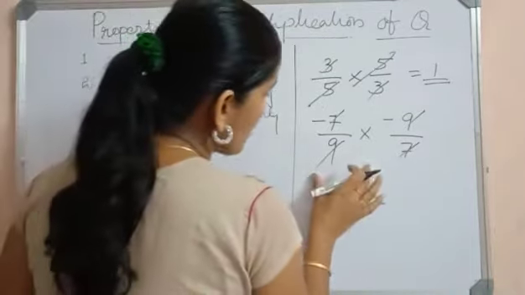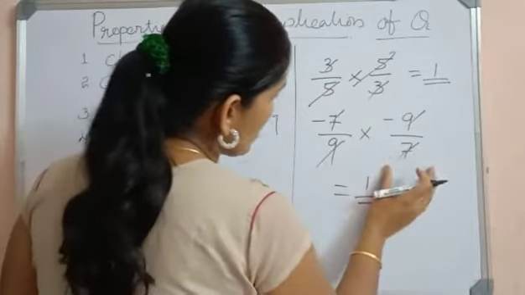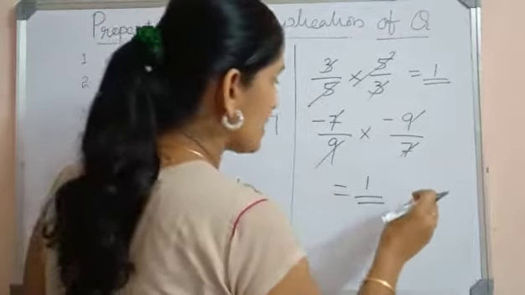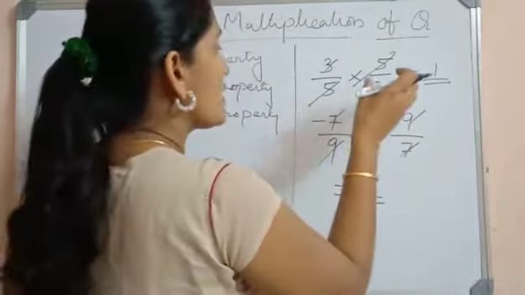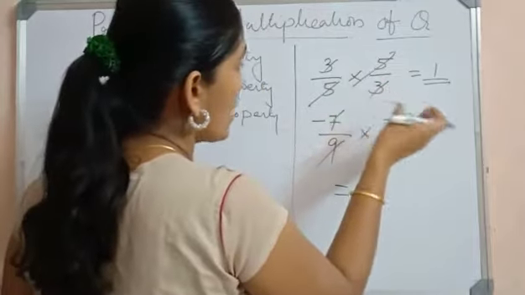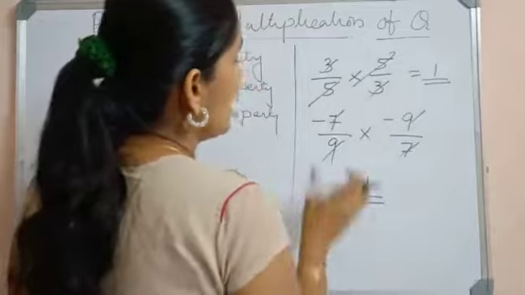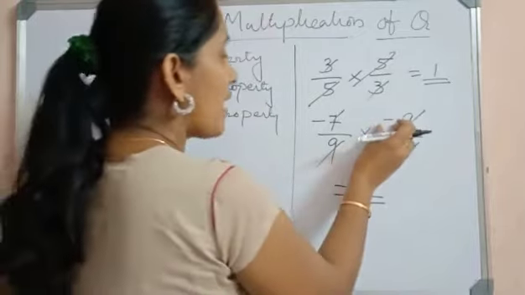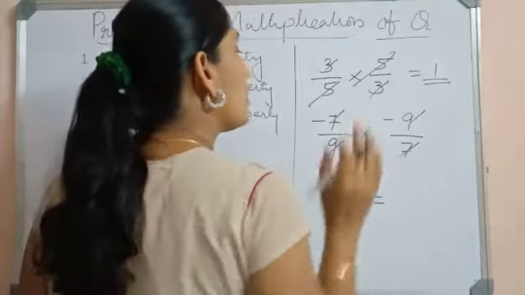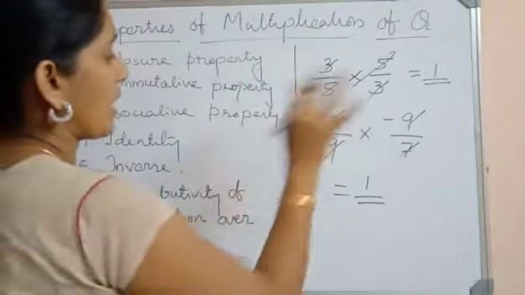So we have to see that even if a negative term is given, in the inverse also the negative sign will be present. The sign will never change. If a positive number is given, the same sign will remain even for the inverse, but you need to consider the reciprocal. Even here, when a negative number is given, the sign remains same, only the reciprocal you have to take, and that will be the inverse for the given rational number.